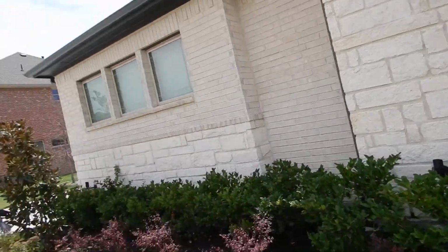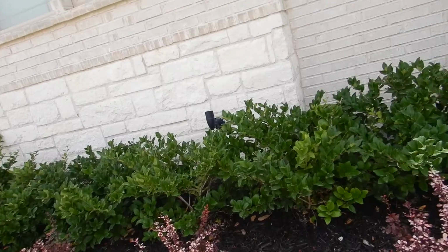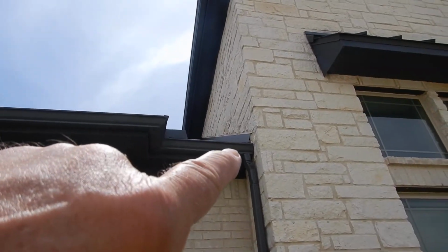Coming to an interesting... Well, there you go, big black bird. Okay, you grackle. Okay. Okay, rain gutter should not... The butt end